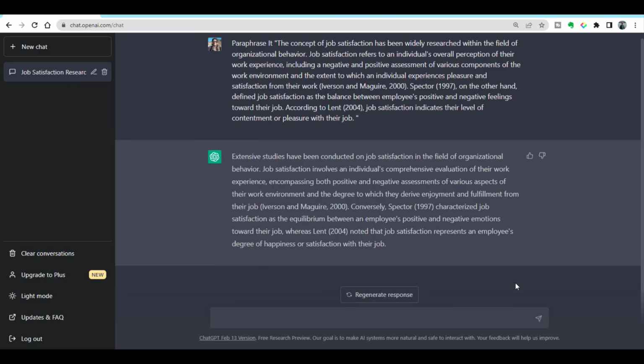Here one important thing which I want to mention, it's not a good idea to copy the paragraphs from the articles and paraphrase through ChatGPT and directly copy and paste in your article. Rather than that, you should try to paraphrase by your own, and later on if you feel difficulty in paraphrasing a specific sentences, then only you should use ChatGPT. I hope you have understood the ethical use of ChatGPT in academic research.